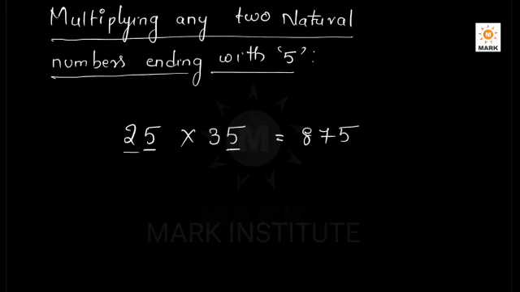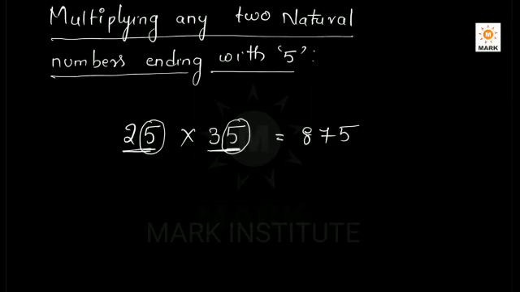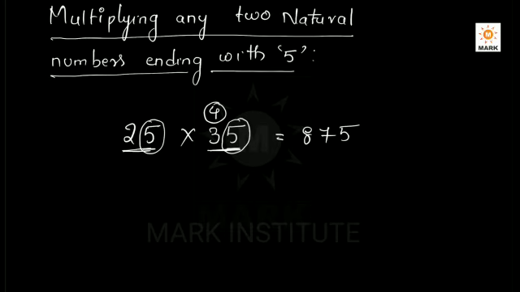So on a whole, which is the bigger number? 35 is the bigger number. So 5 is anyway common in both. In the remaining digits, which is the bigger number? 3. So immediately write the next higher number above it, or you should assume it in your mind, no problem. Whatever the bigger number is other than 5, write the next number. That is the first psychological calculation you have to do.